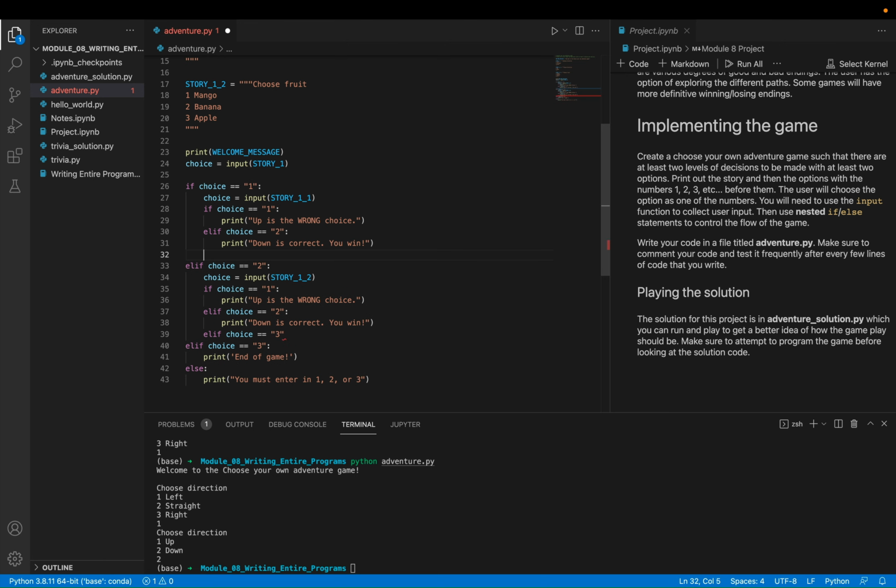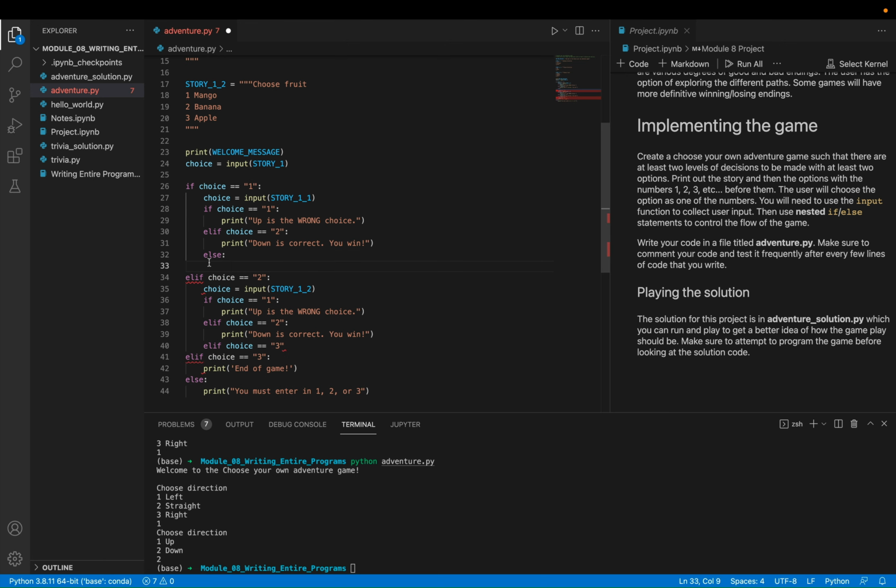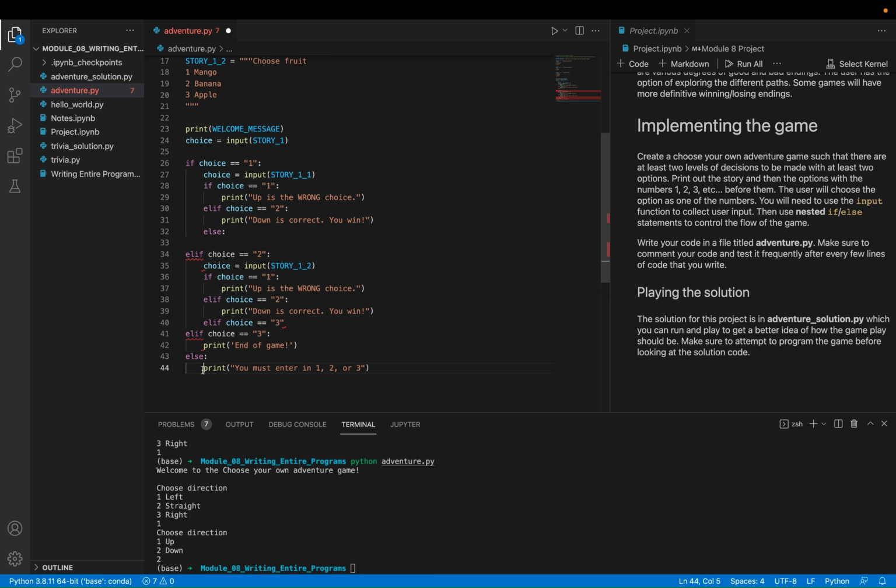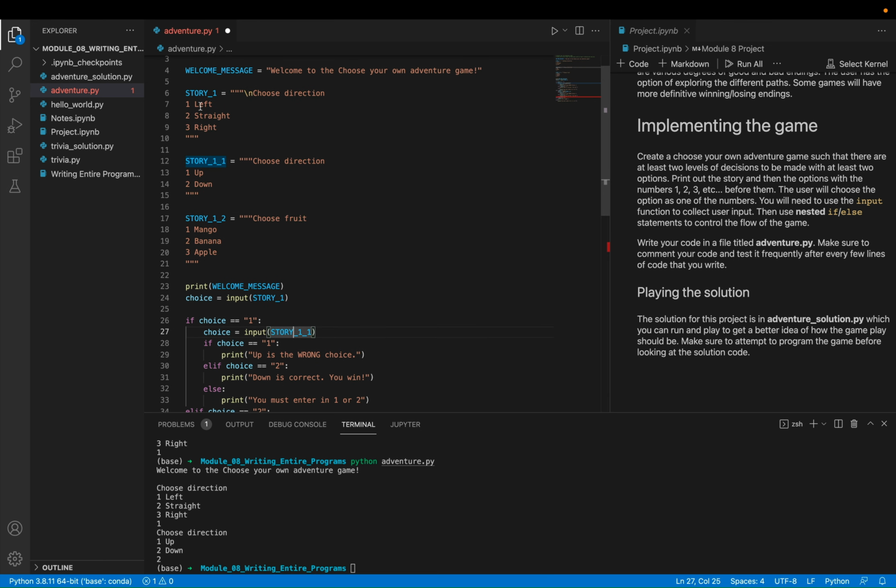And I guess, to complete this, I should have another else over here that says otherwise you need to choose 1 or 2. Okay, so let me explain what I just did here. I went back up into that first option. So this is saying if we went left,